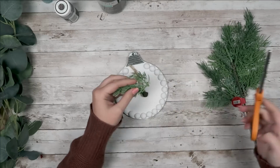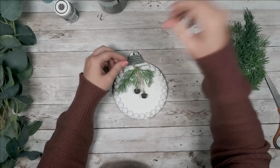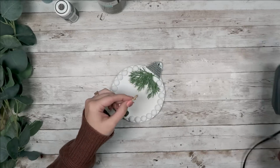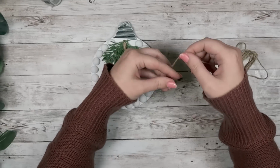Next, I'll take a little piece of some greenery off a pick that I got from Hobby Lobby, and I just ended up gluing those two together and then gluing them to the top of my ornament, gluing my bells right on top of there, and then I'm going to make a twine bow just by wrapping it around two